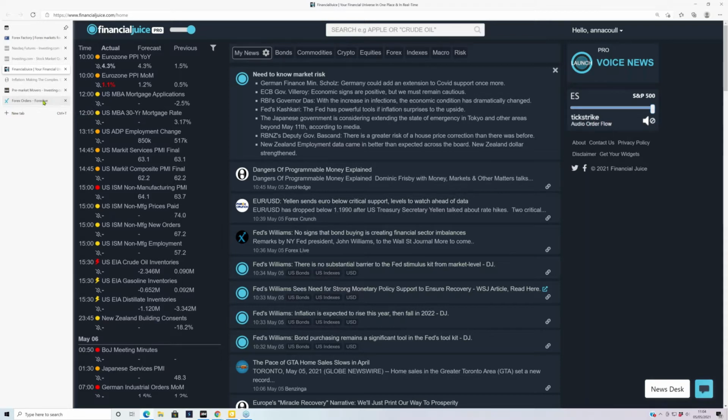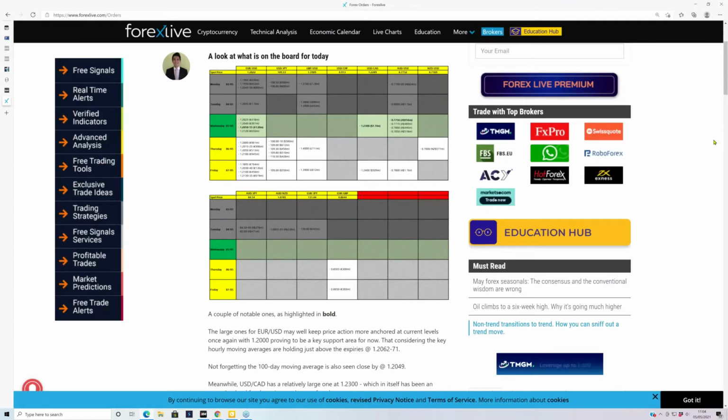Right. Lastly, Forex option expiries. We haven't mentioned these for some time, but we cover them in quite a lot of detail in our Forex program. And the resource site that we always go to is Forex Live. They publish them. To actually get this information, you either have to pay for it, and it's very expensive, but the guys over there very kindly do this for us for free. What's really nice is they've changed the format, the presentation, so it's very